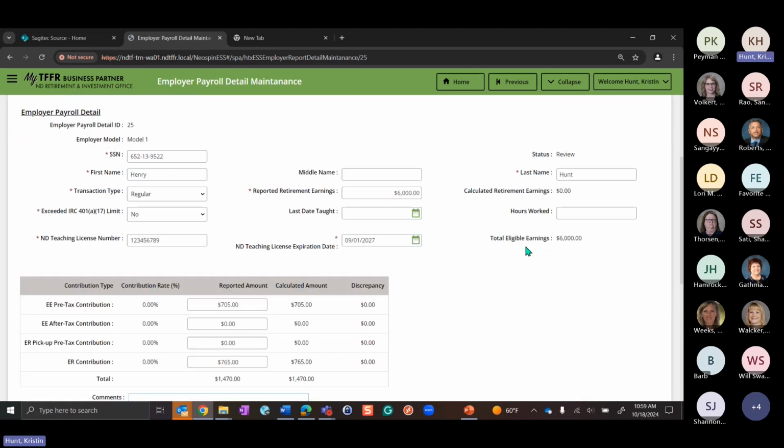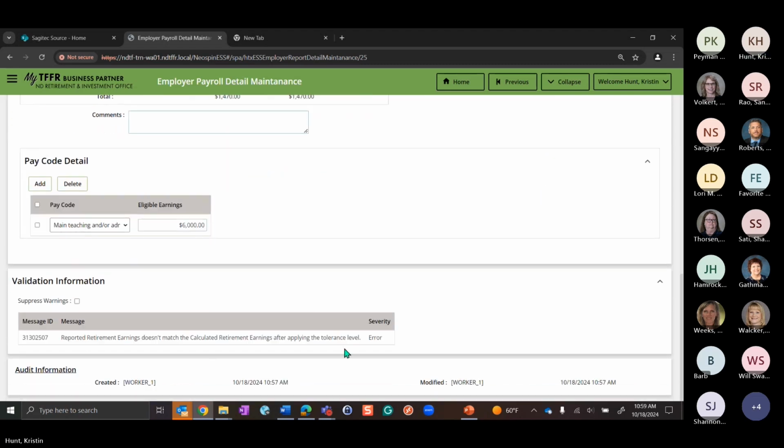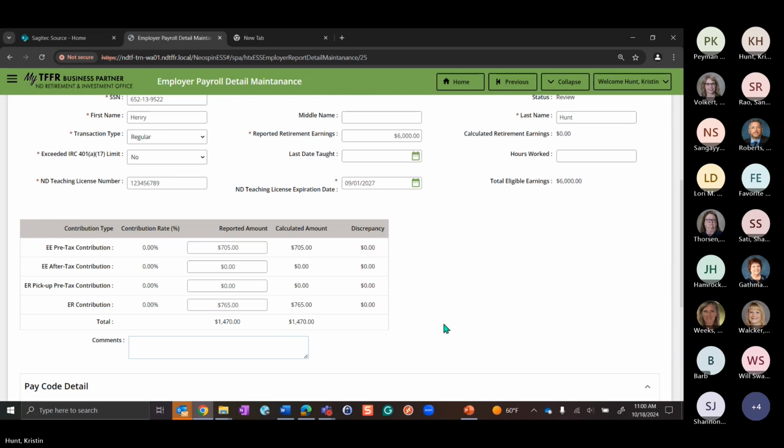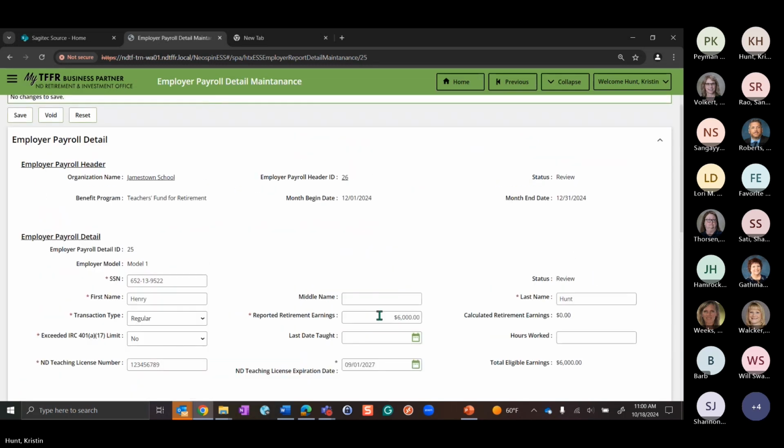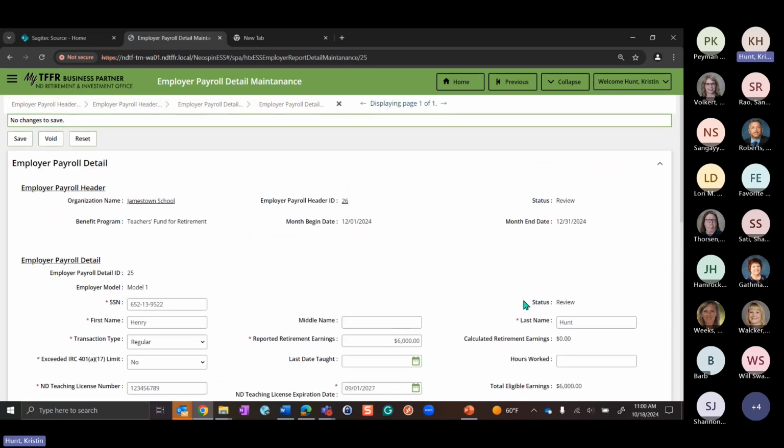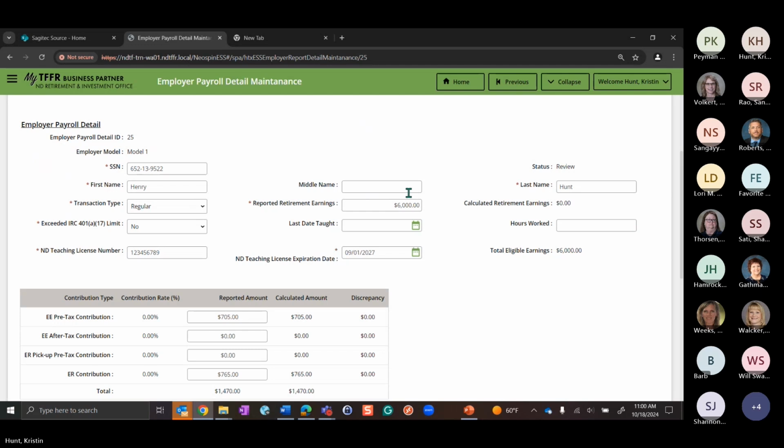Let's just see. So this might be because I'm using the same month and the same guy. When I tested this, I must have had somebody else set up.